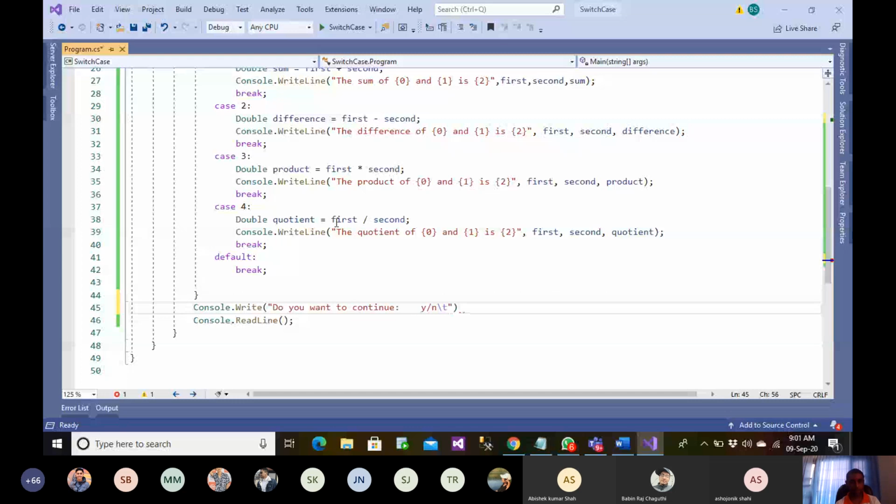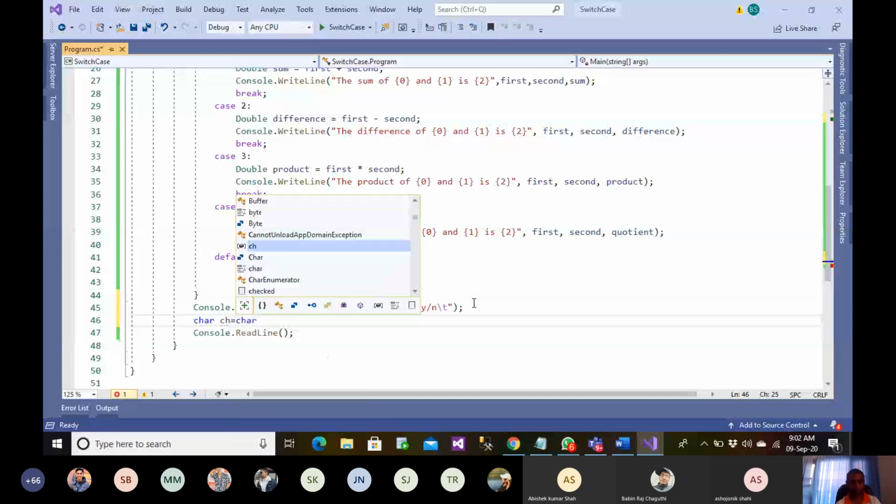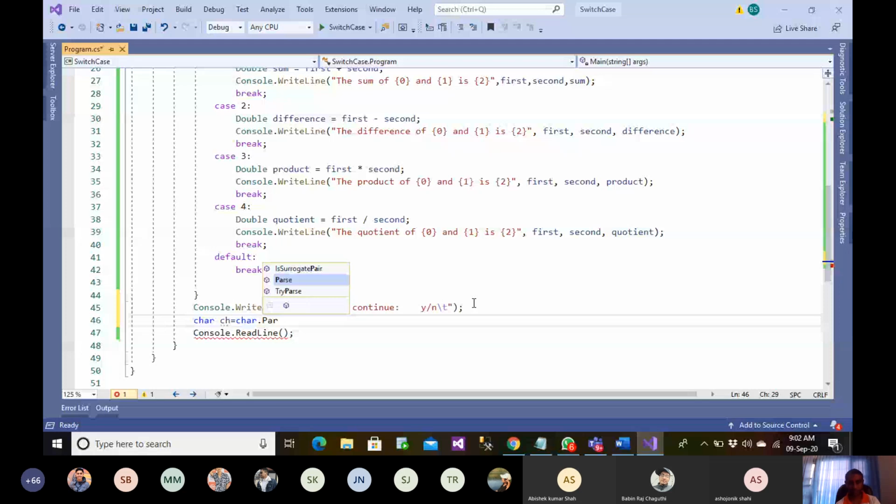Character cs equals to character pass. Let's say if he presses yes,